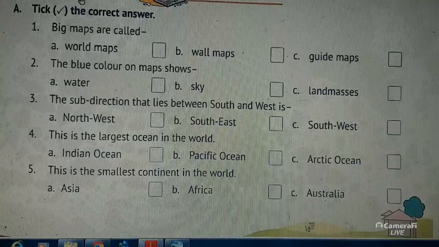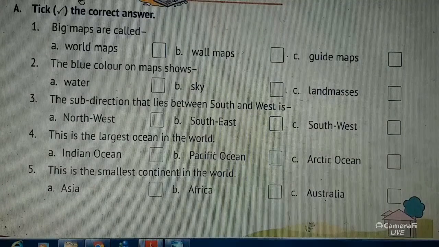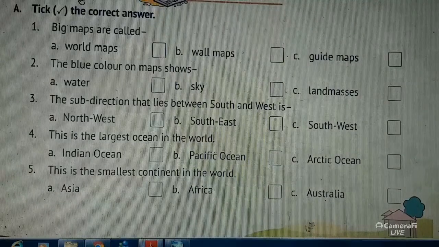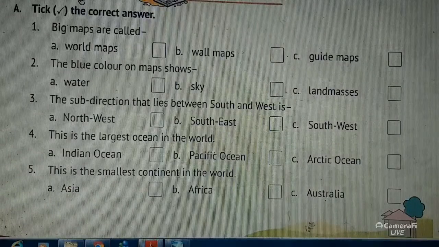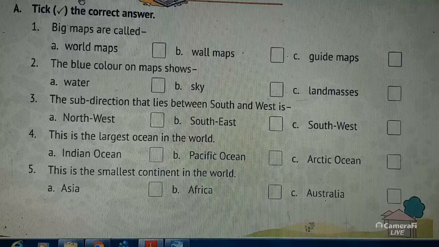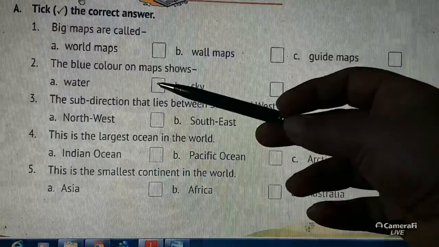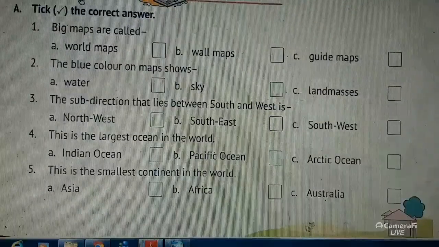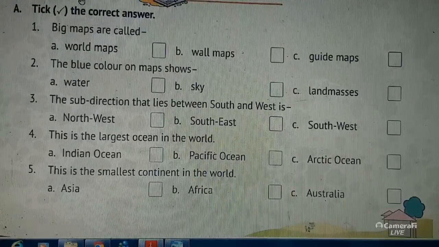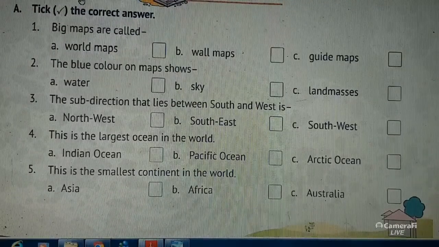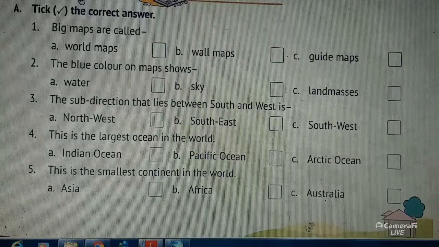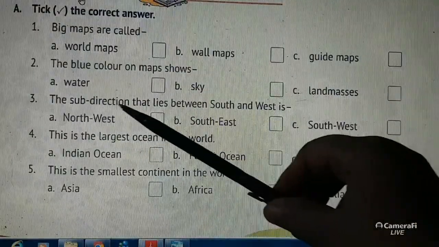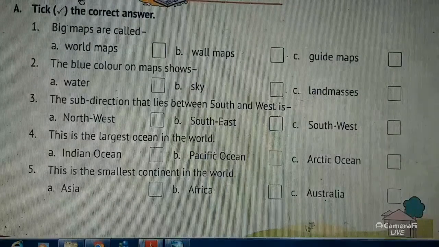Those who have a book, please mark it on this. Yes, very good. Mark it on your books. Water, very good. It is water. The subdirection that lies between south and west is called